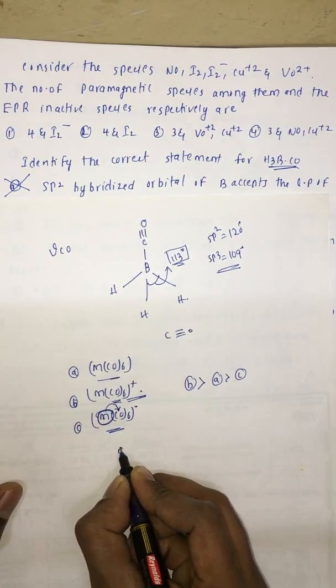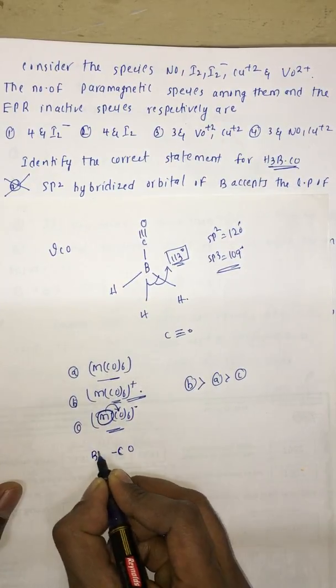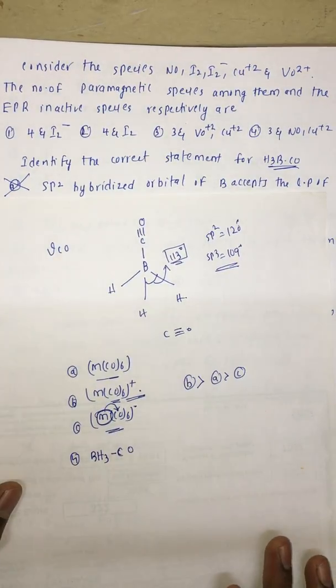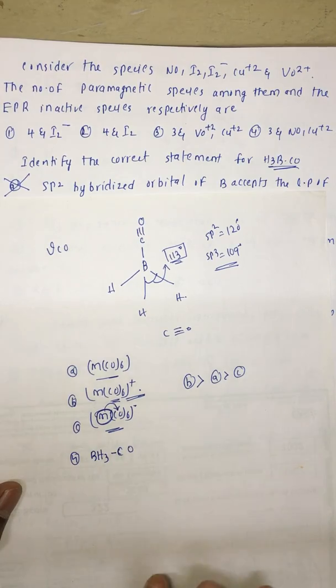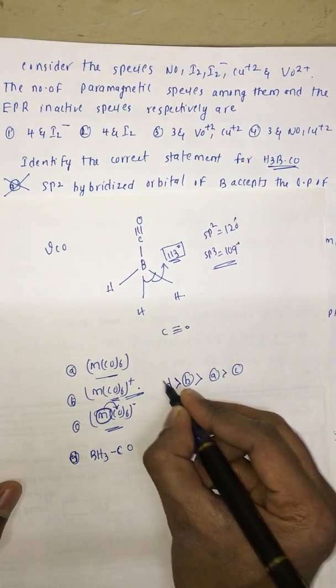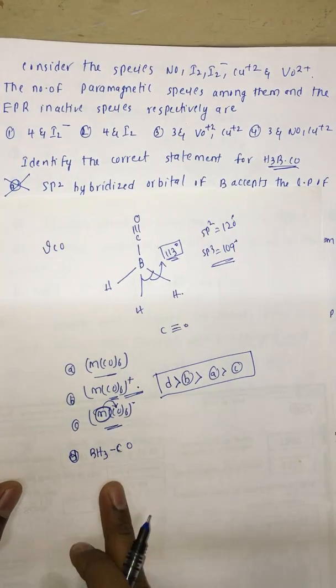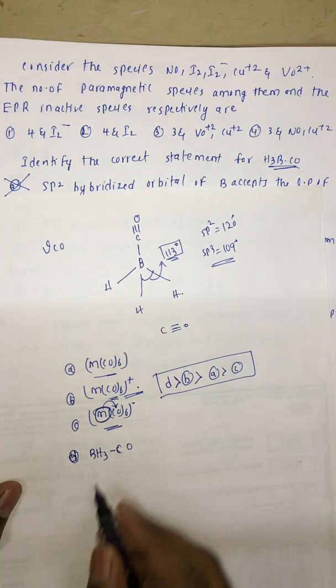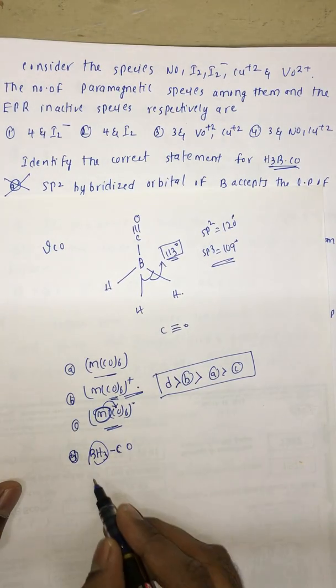So one more thing we have, when it binds to BH3 or any Lewis acid, what about the CO stretching frequency? In this case, D will have the highest CO stretching frequency, then B, then A, then C, because itself it's a Lewis acid, so it cannot give any electrons